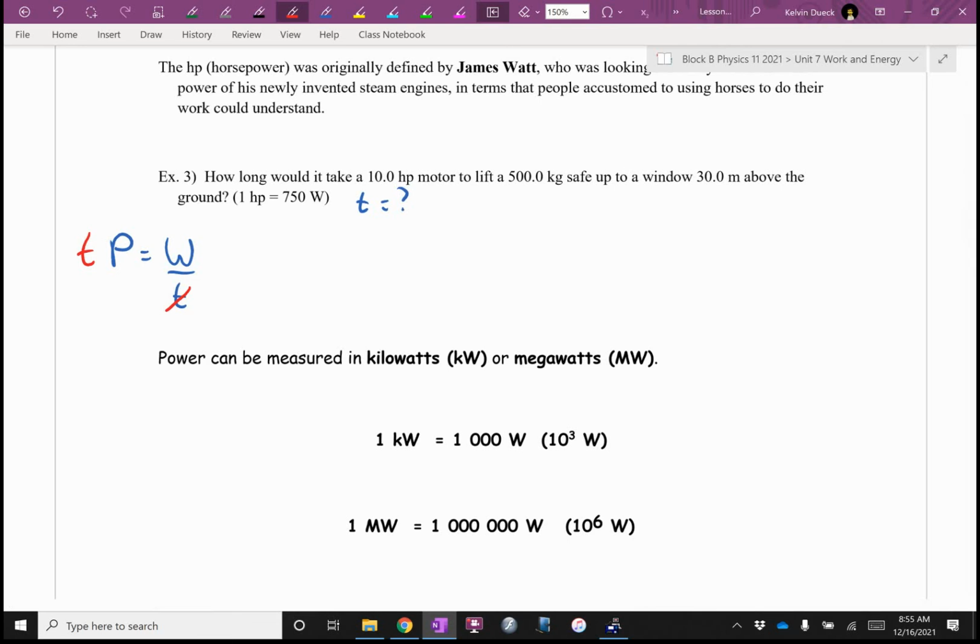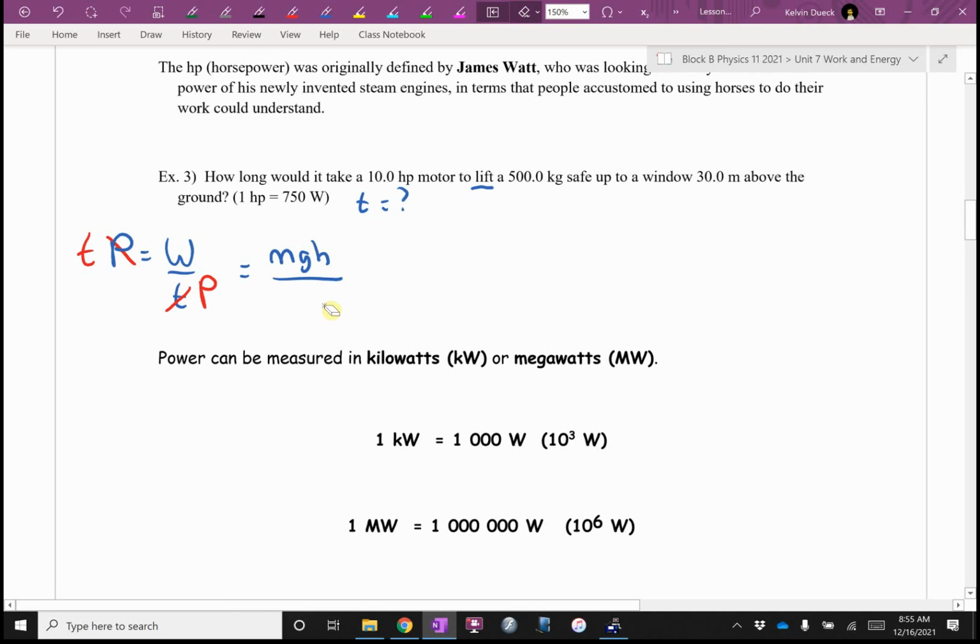How would I get the T by itself? How will I move the P over? Okay. It's going to be work. Now, my trigger word, lift. What's the work done by lifting? I heard it. Not mg, that's a force. mgh, don't make that silly mistake. Okay, so it's going to be mgh on the top divided by